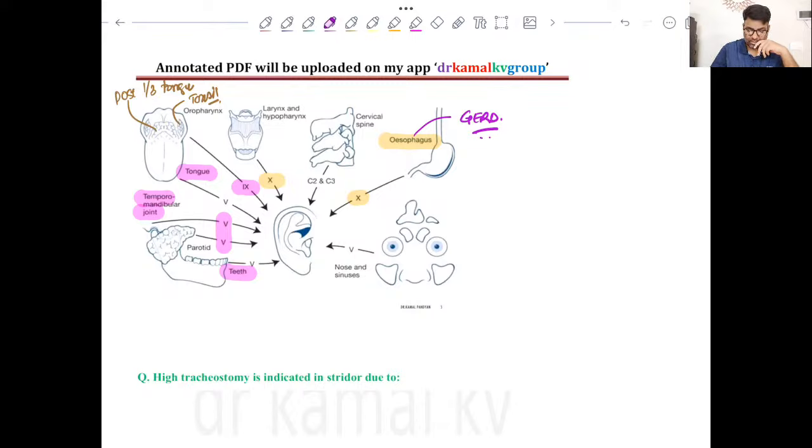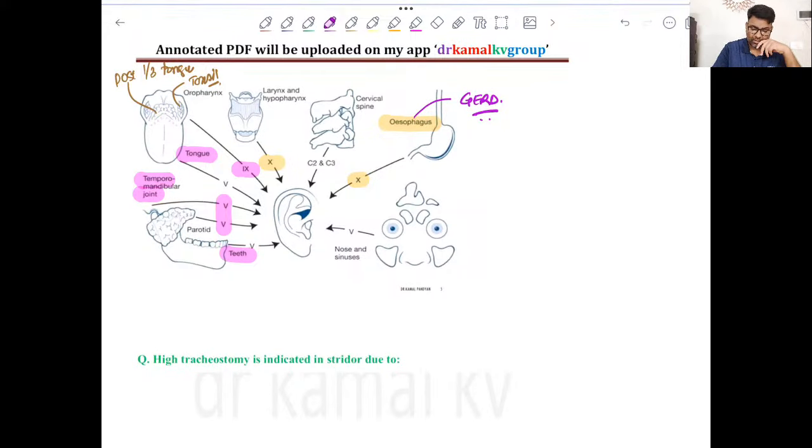So this is all GERD. And then for the fifth nerve, there can be involvement of nose or sinus, and this will cause referred pain through the fifth nerve. And of course for the seventh nerve, it can be because of Eagle's syndrome, that is an elongated